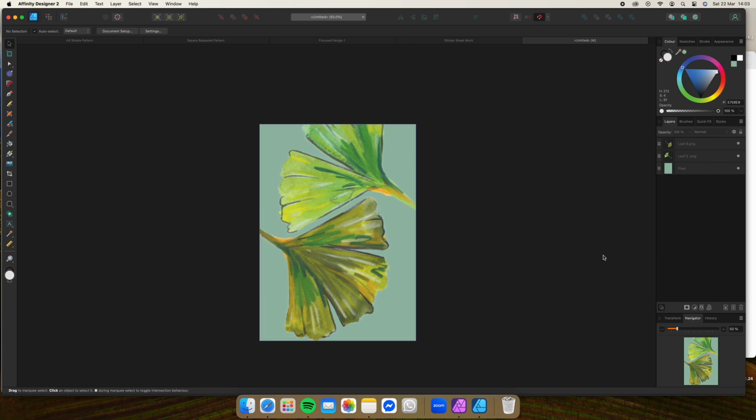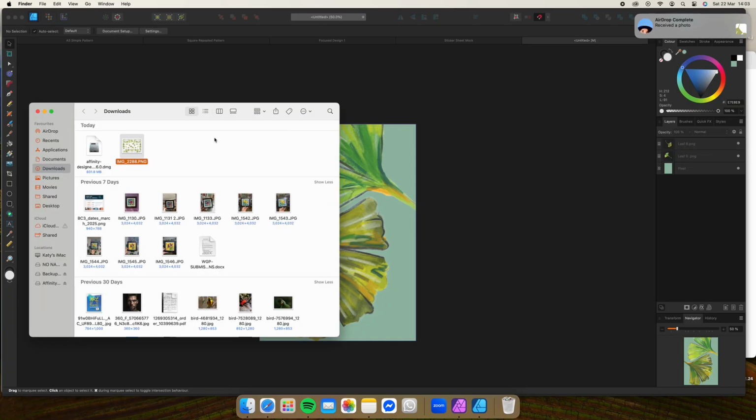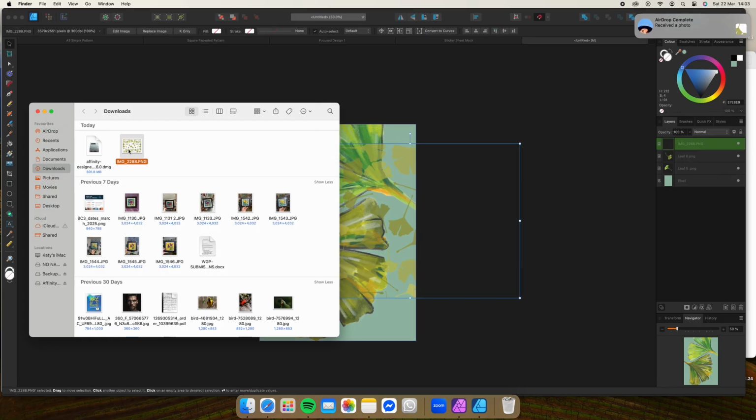So they have a really good snapping tool, and I created my design, and I put all my leaves in the middle, and basically the only rule is don't have any of your leaves cutting outside of the box, so every single PNG fits within the canvas size.